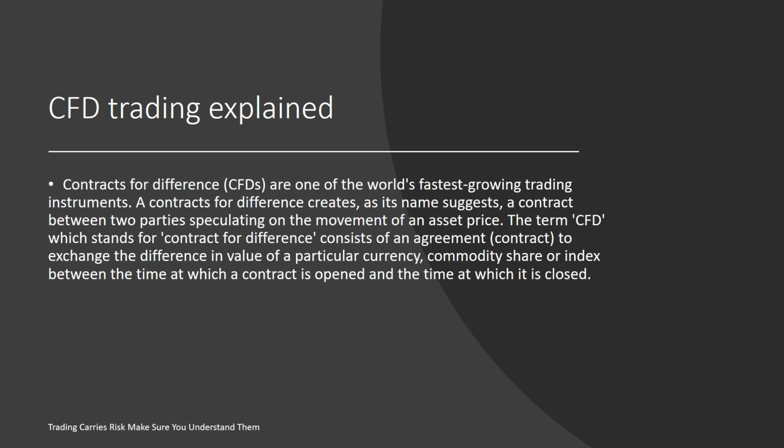So if you open a contract and you buy the contract, that means you're buying the underlying, you're not taking physical delivery, but you're saying you think the asset is going to move up. When you close your contract, if it has moved in the direction you selected, you get the difference between the open and the close. If it's moved against you, in the opposite direction, you suffer a loss equal to what the profit would have been.